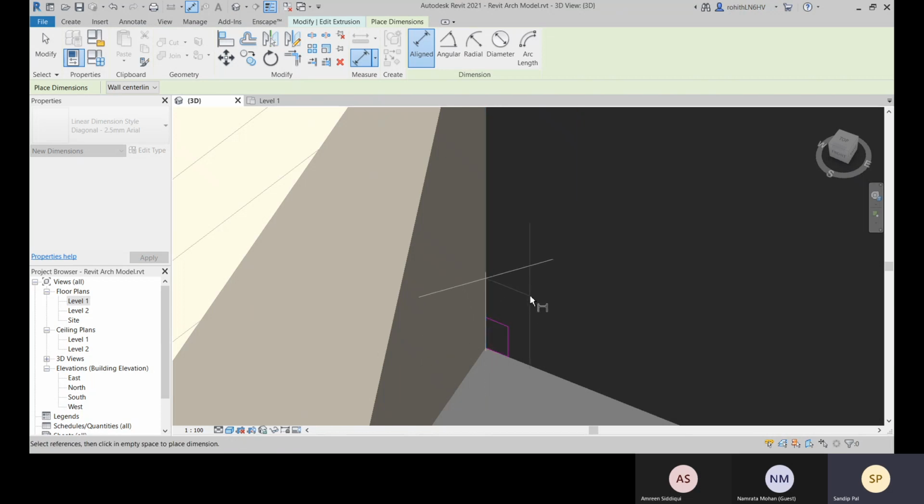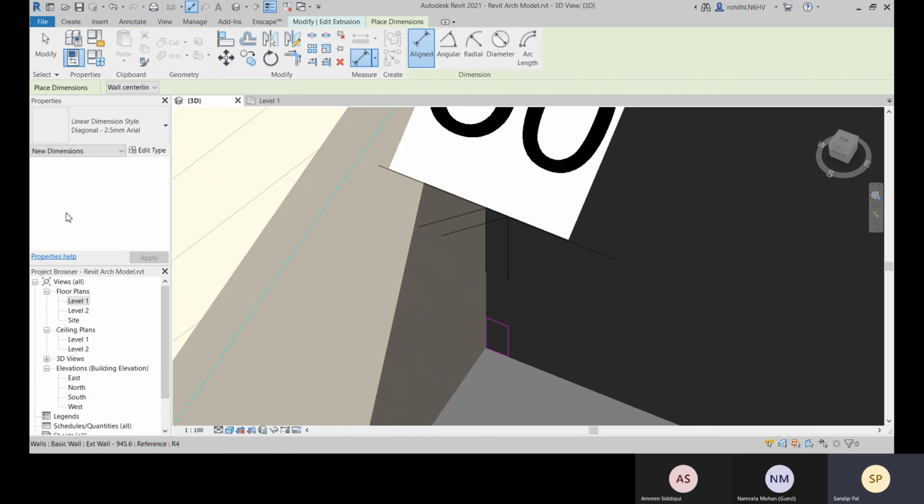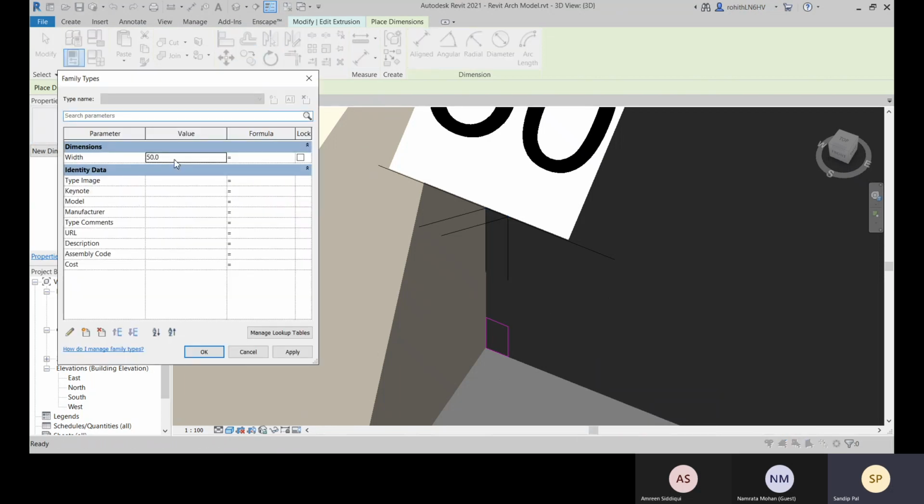This line will be fixed because this is the first reference, and the second reference will change. So this is your second line, and now go with this and change the parameter value. Let's put 100. Click on apply.